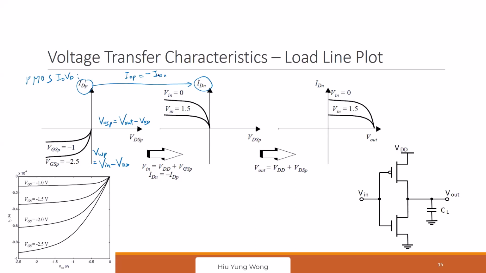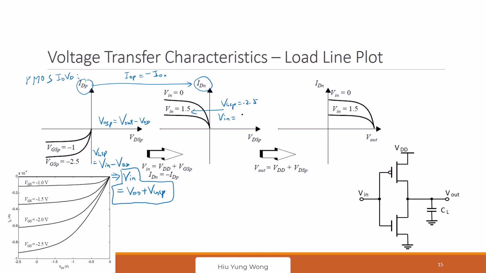And another thing is that VGSP equals this one. So it also means that Vin equals VDD plus VGSP. So instead of calling it VGSP equal to negative 2.5, I can call it Vin equal to